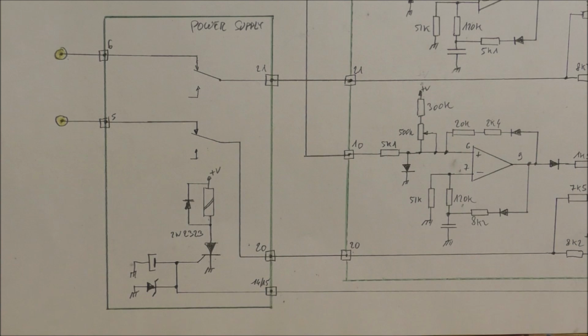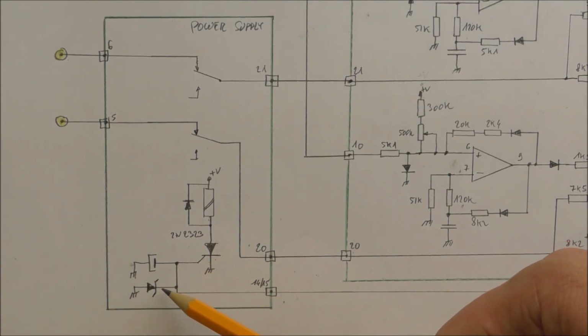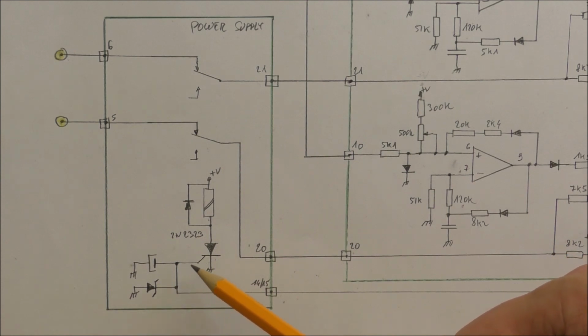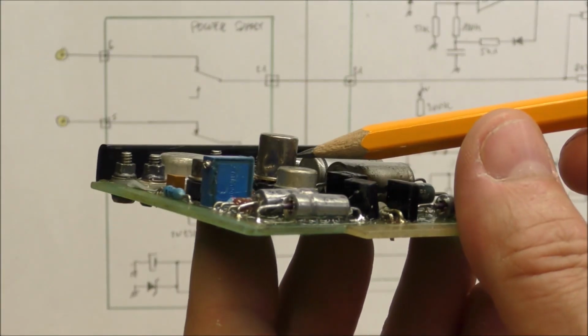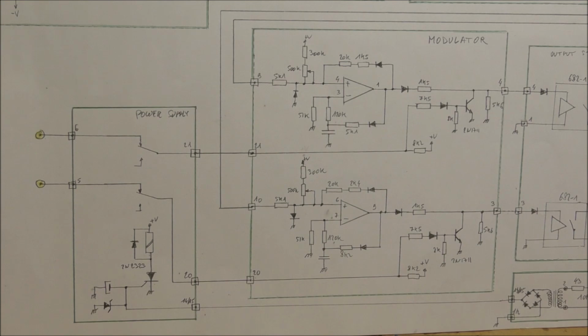The voltage at the output of the rectifier is filtered using this capacitor. There is also a diode which permits to limit this voltage. So when the voltage is above a given limit, this SCR turns on, and this permits to activate the relay. This is this small relay here. When there is no overcurrent, the relay is in that position here.